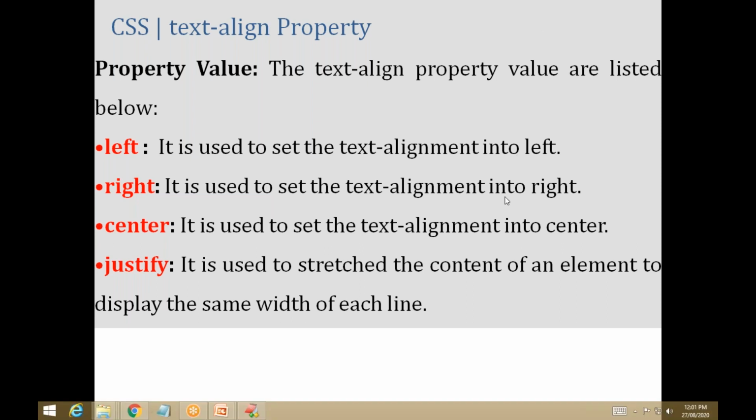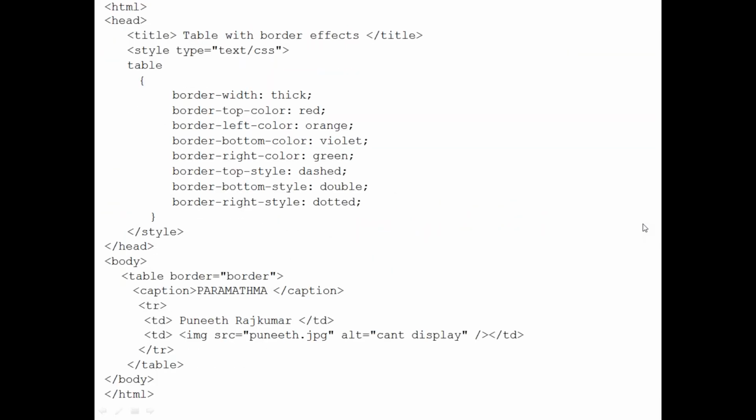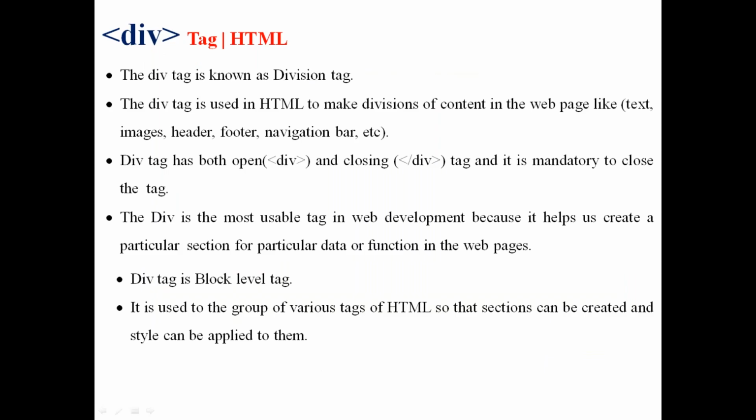So now after that we will discuss the division tag. What do you mean by division tag? The div, we are writing division as div. The div tag is known as the division tag. You already used it in website development; when you are creating your project, all are using the division tag.